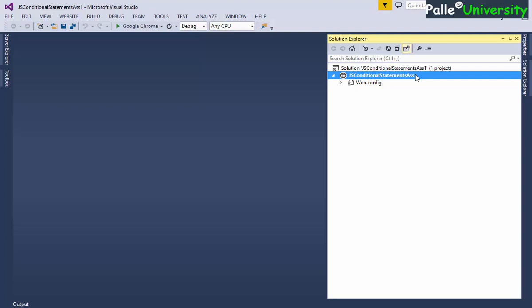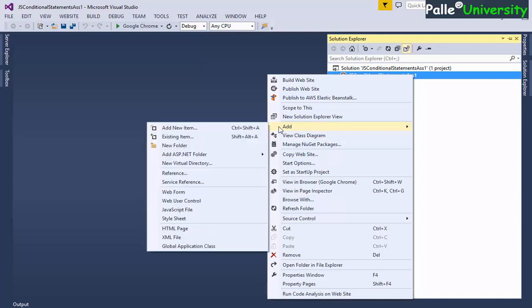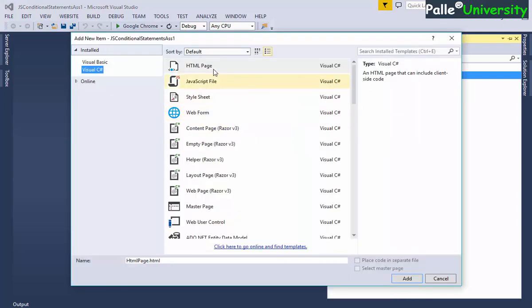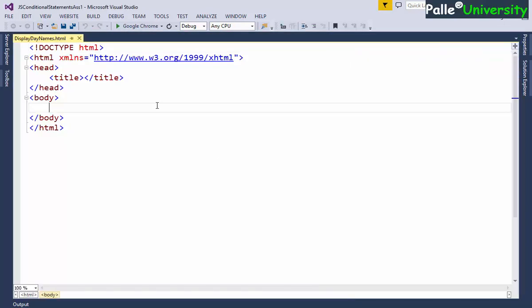Let me right click on this. I will create an HTML page by clicking on add new item. After this I will select HTML page, and I'll change the page name to display daynames.html. I clicked on add. Now the new HTML page is created.